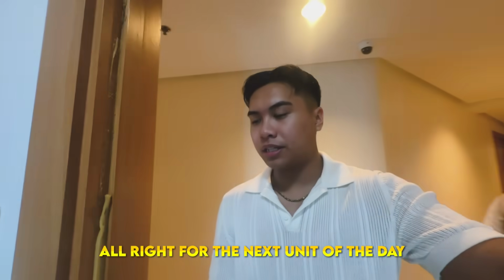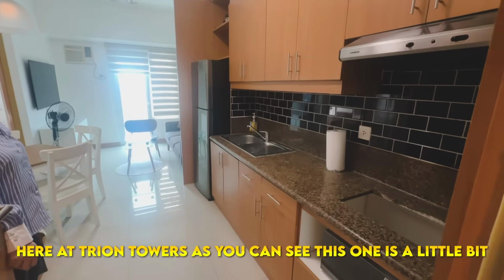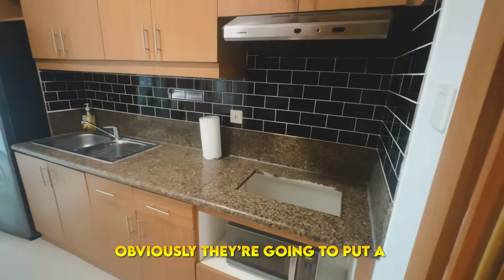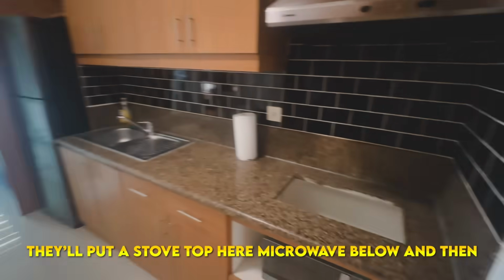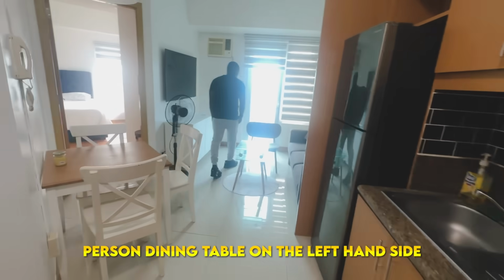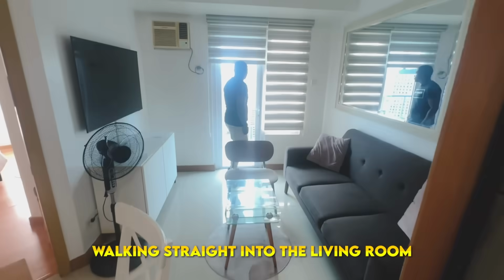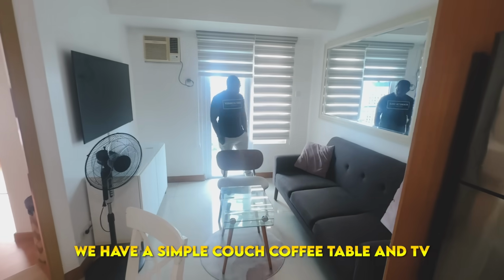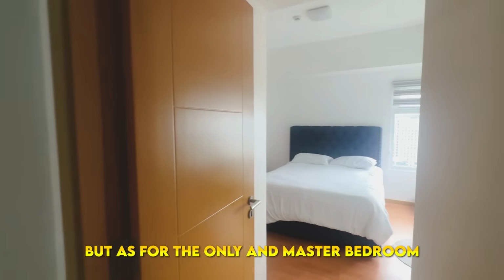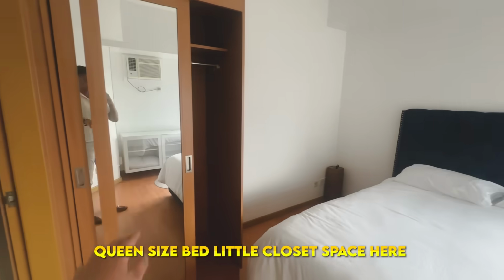Alright, and so for the next unit of the day, here at Tryon Towers, as you can see, this one is a little bit smaller than the first units that we looked at. Here we have the kitchen area. They'll put a stovetop here, microwave below, and then walking straight ahead, there's a 3-person dining table on the left-hand side, fridge on the right-hand side. Walking straight into the living room, we have a simple couch, coffee table, and TV. I'll show you guys the balcony a little bit later, but as for the master bedroom, queen-size bed, little closet space here,